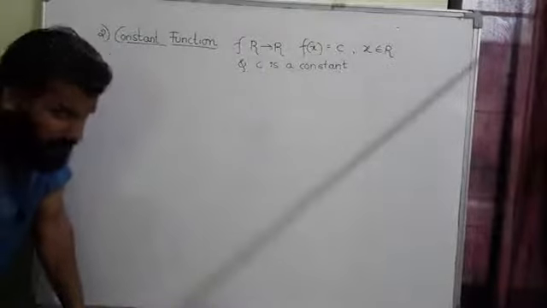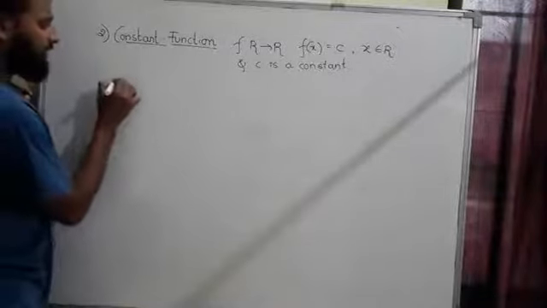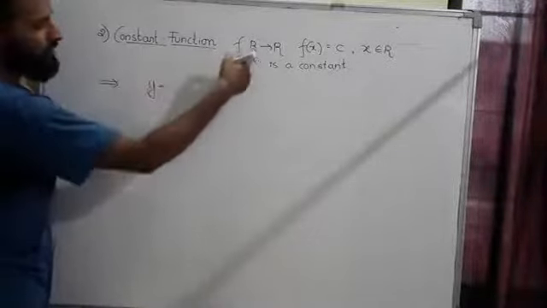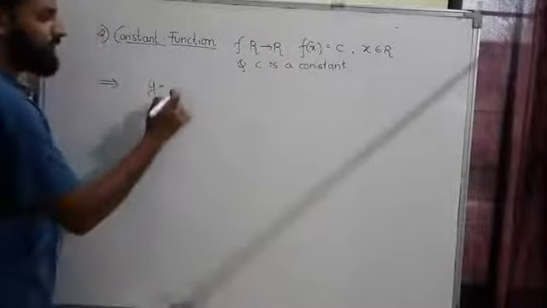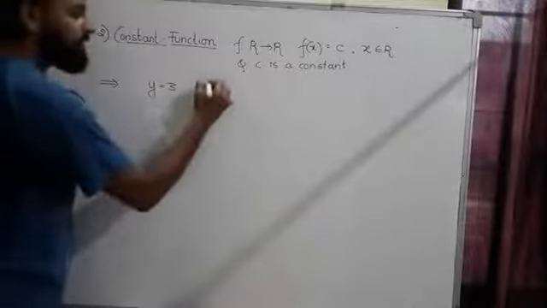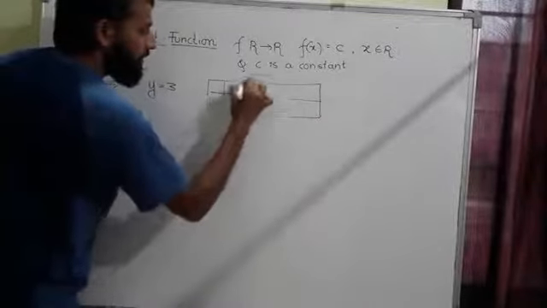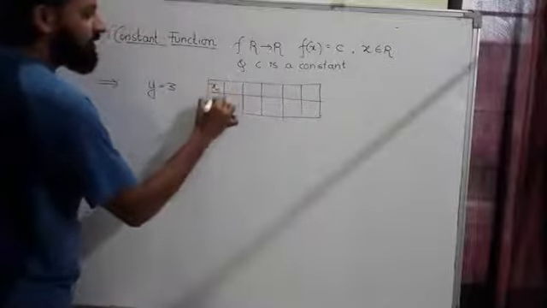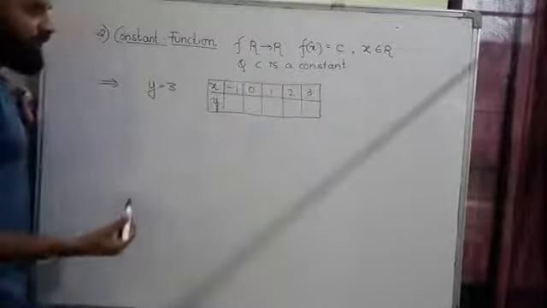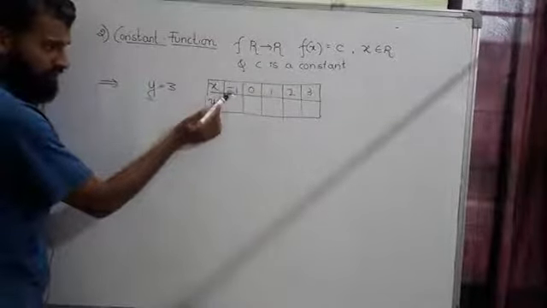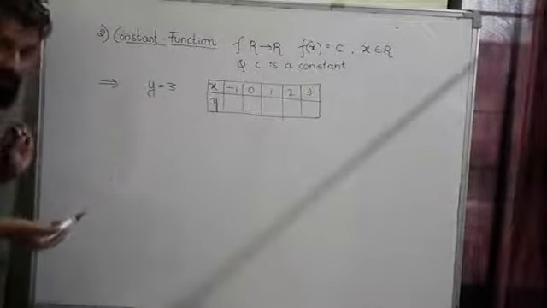So what does that mean? I'll explain it in the simplest way. Let me take y is equal to f of x, both are the same, y is equal to 3. Let me take the table that you used to write, with x here and y here. You take any values of your choice for x, but the value of y will always be 3, because y is independent of x. There is no x here.